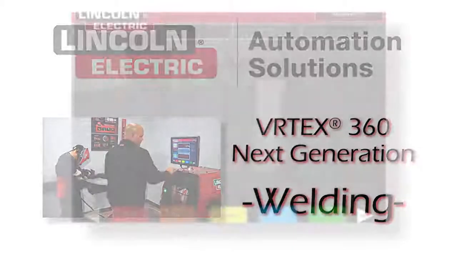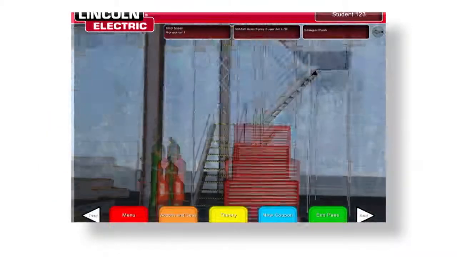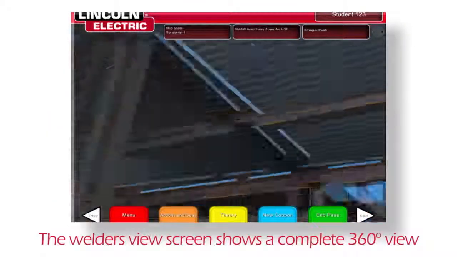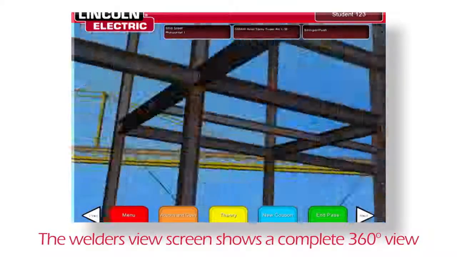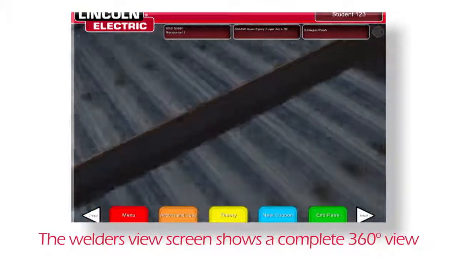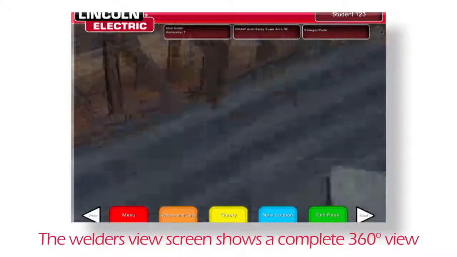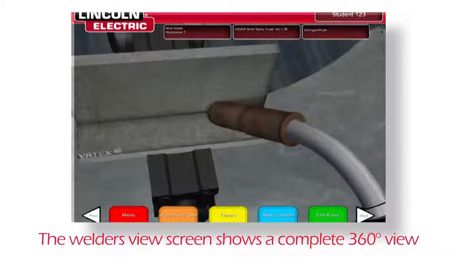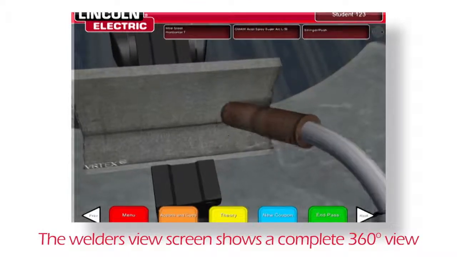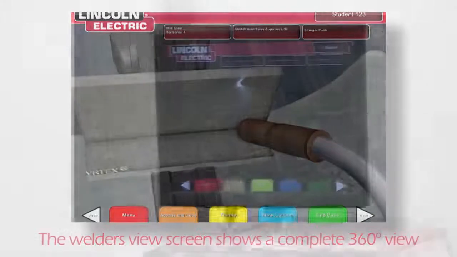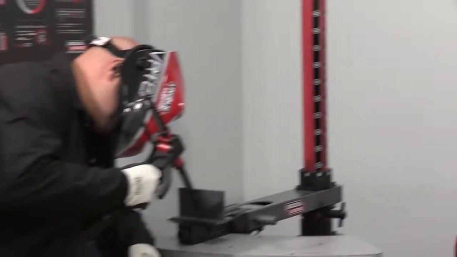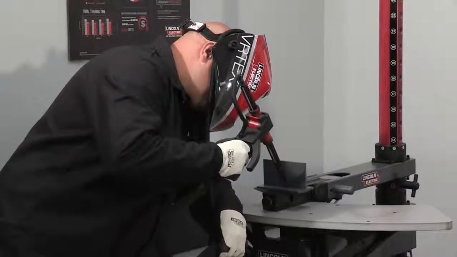When welding in a virtual environment, the VRTEX 360 monitor offers 3 different views. The welder's view screen shows what is being viewed inside the helmet. This is the first screen that appears once in the environment. The view is 360 degrees. This gives the experience of total immersion. Everything seen inside the helmet can also be viewed on a bigger screen using the VGA port on the back